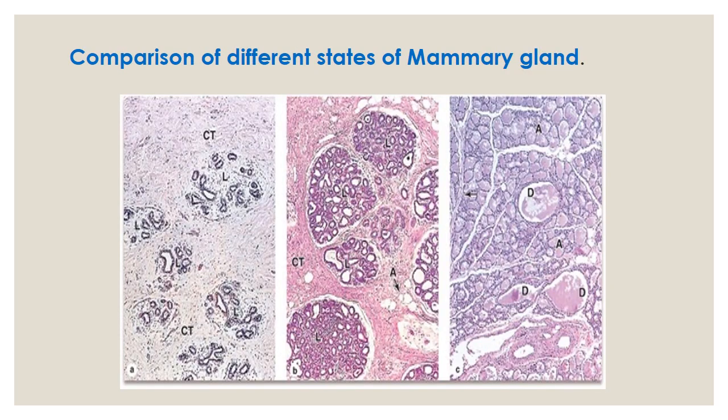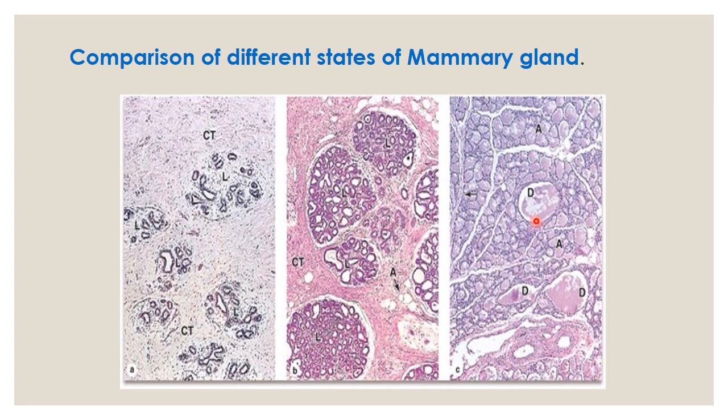Now, this is the comparison of the different states of the mammary gland. Now you can clearly see the inactive state of the mammary gland with a few alveoli and a rich amount of the inter- and intralobular connective tissue, which is the fibromuscular stroma. And in the early and the late pregnancy, the size of the alveoli in the lobules starts increasing, they start proliferating and branching, and the amount of the fibromuscular stroma decreases. So they are filled with the early secretions, that is the colostrum.